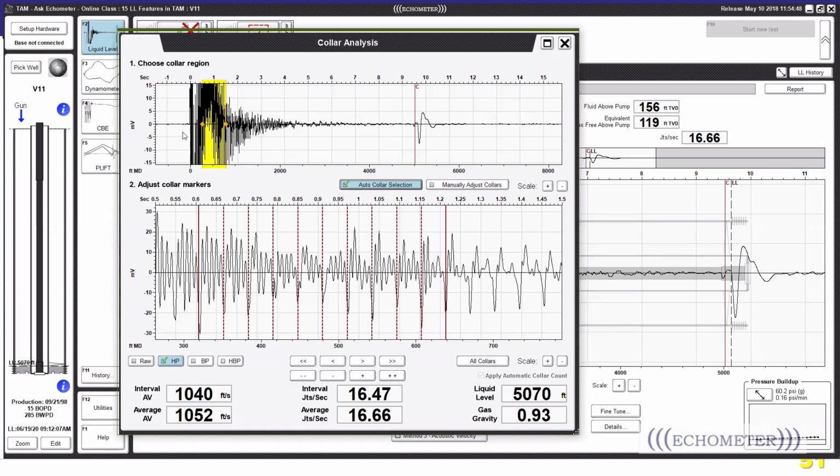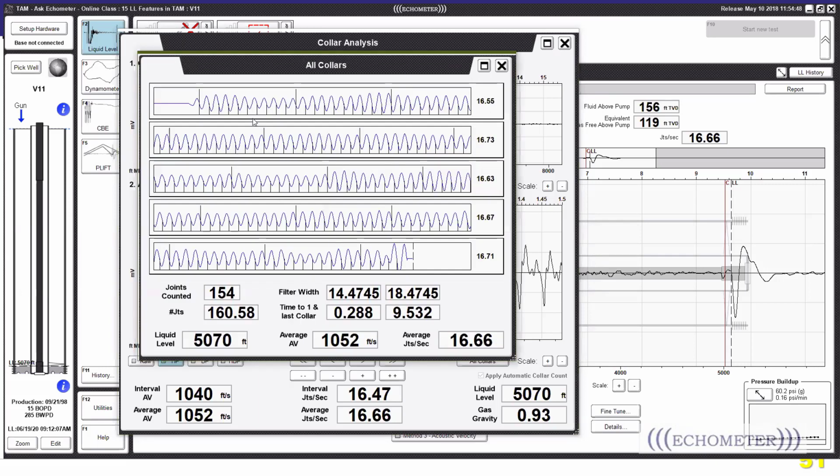The software actually analyzes all the traces, and with the software, I will click on all colors. When we click on all colors, the software is looking and counting colors. These vertical lines are colors being counted by the software, and then every 2 seconds it will have an average joint per second. The software then will take an overall average, and that will be 16.66, which is the same value as in the previous window, and 16.66 times the